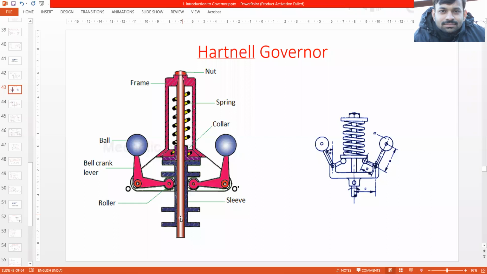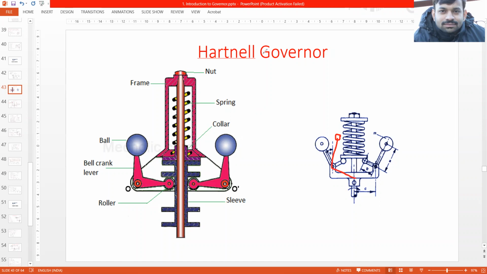This was the typical arrangement of a Hartnell governor. So there was a spring loaded over the sleeve, upside of the sleeve, and over the axis of rotation, right? That is on the spindle. And once they move out, as shown in this diagram, if the speed increases and the balls move out because of centrifugal force, then it will compress the spring upwards. Okay, and if the speed reduces, the spring will push this downward, and the new extreme position would be achieved, which would look something like this. Okay, so the ball would be here and it would come like this,